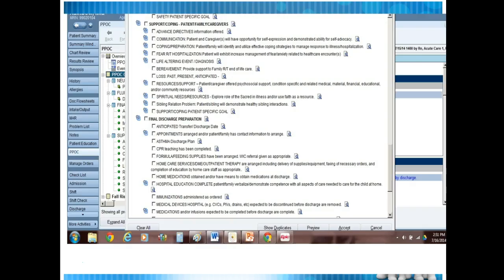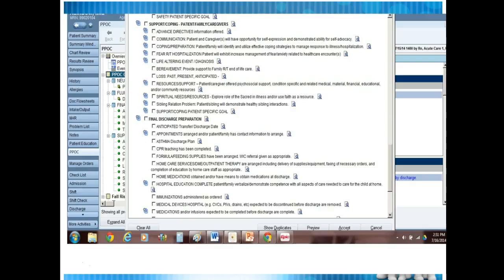And what else do I want to show you? After you click on those things, then you're going to incorporate that into your patient plan of care. I'm not sure if you guys have looked at that much in clinical. Has anybody documented on the PPOC or looked at it? Some institutions call it an IPOC. Okay. Well, anyways, I do think that what's kind of interesting about that is that it then goes hand in hand with what you're doing on your mind maps.